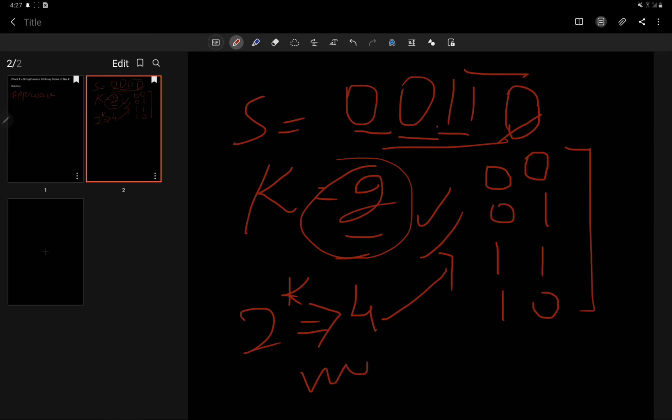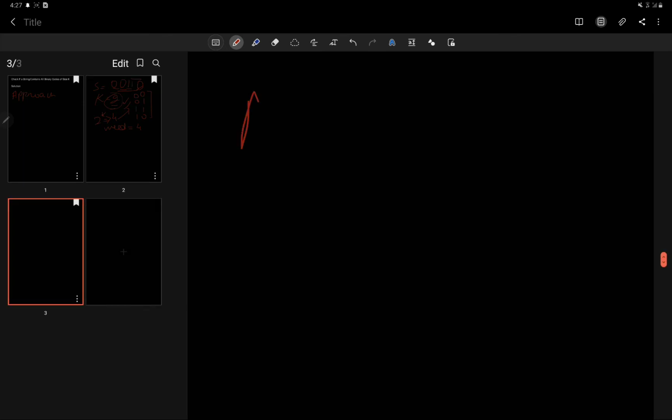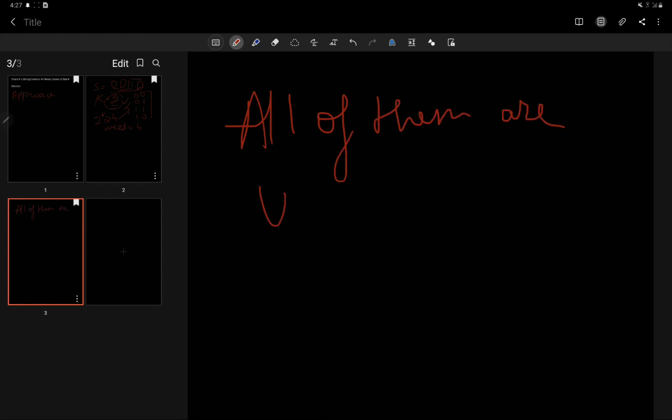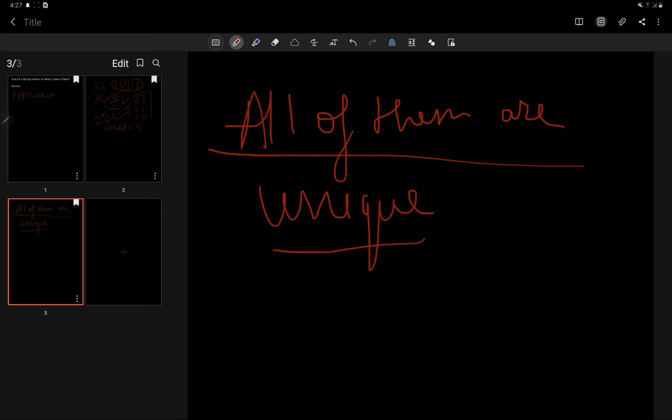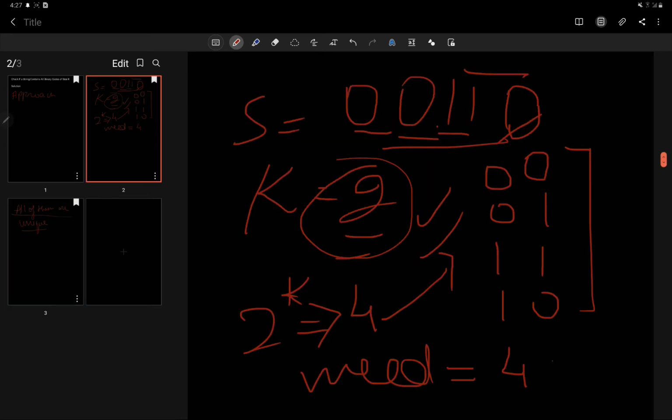So what we need from this binary is 4 combinations. If we have 4 combinations, and very important, all of them are unique, and containing 0 and 1, then they will be these only.